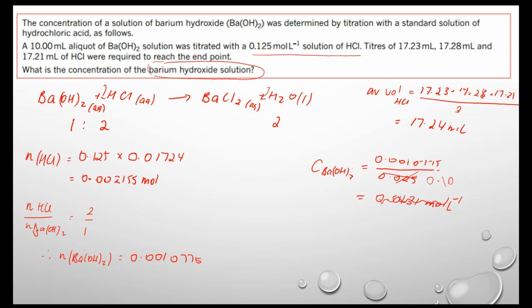Hopefully you didn't fall for the similar example that we just had there. So 0.0010775 divided by 0.10